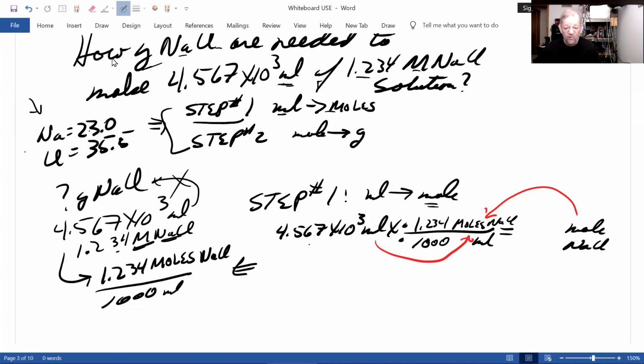Now, oh look, this is 4 significant figures. You should know how to figure that out. This is an exact number. This is 4 significant figures. So my answer here should be 4 significant figures. Why? Because when you do multiplication and division, you look at the number of significant figures of your numbers. The number with the smallest should be the number of significant figures in your answer.